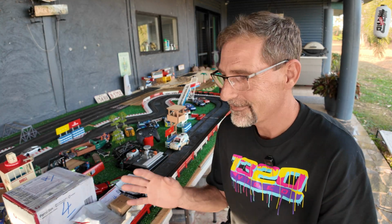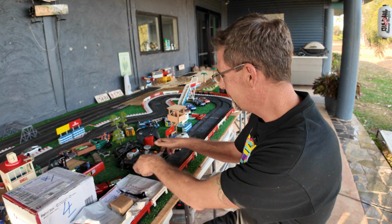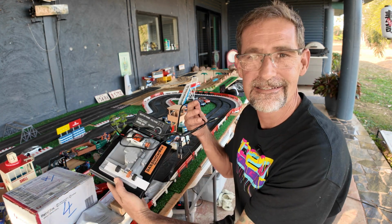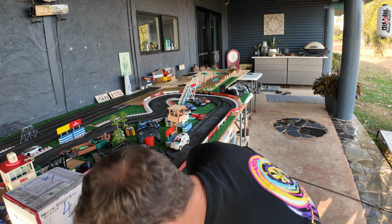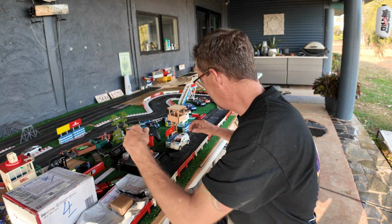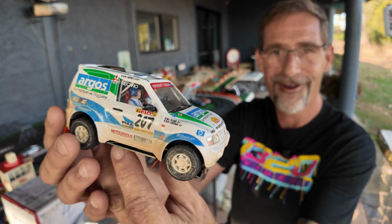But what's happened this week, guys, is we've had a little bit of mail goodies come in. A little bit of an update on Das's slot car box. That's the little sanding plate I dropped. We've got the Argos, the lovely little off-road Argos